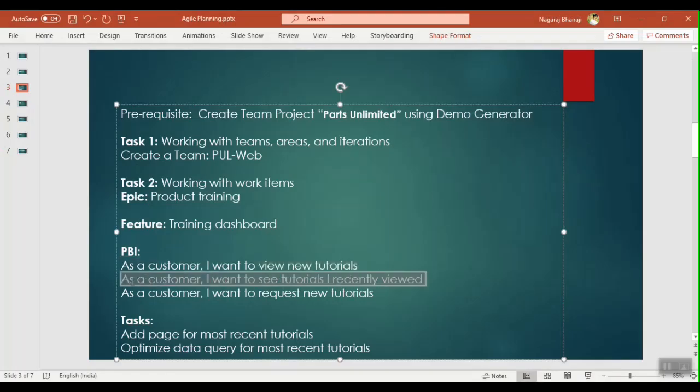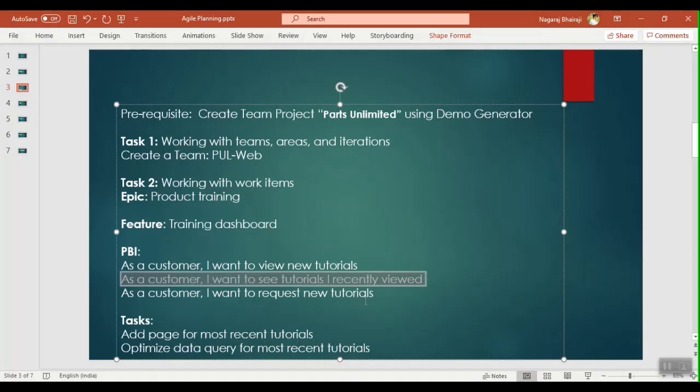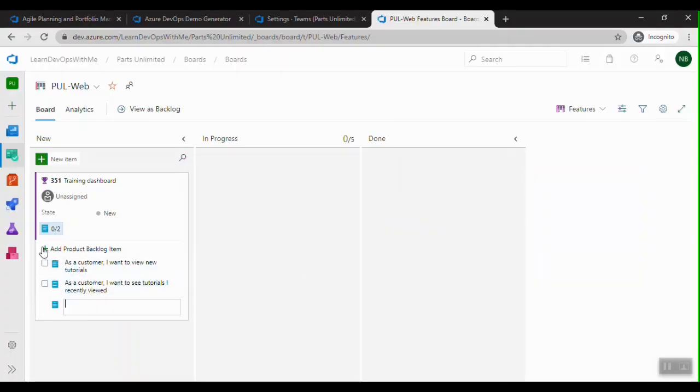And let me add the other two PBIs also for this feature. I just have to click on this plus mark. So I've created all three PBIs for this feature.